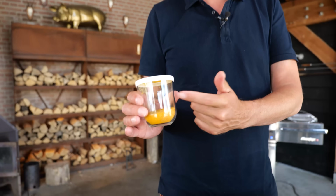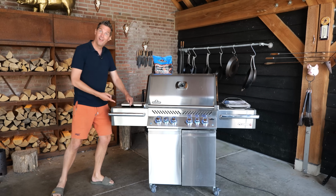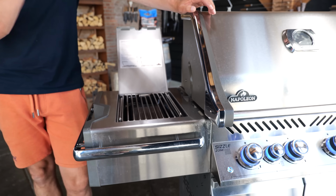That's perfect. And now you understand why I'm so excited about it. We're saving money right here. This is gonna go into the fridge, and then I'm gonna show you what else you can do with this delicious Tweety barbecue rub. And to show you, I'm gonna use my Napoleon grill, the Prestige Pro 500, and especially